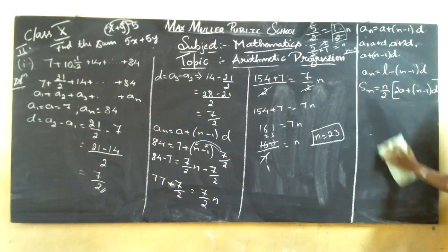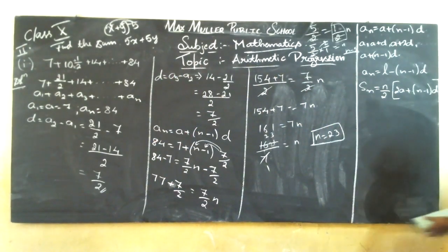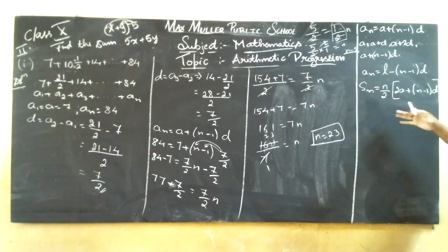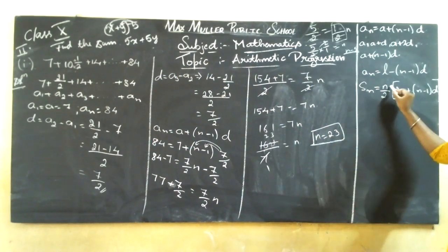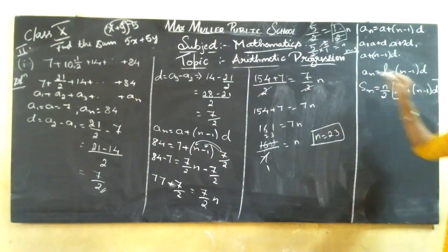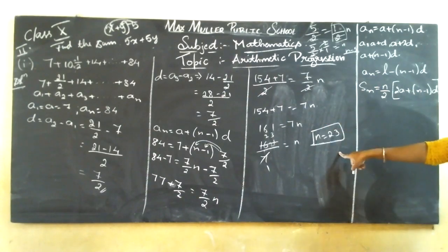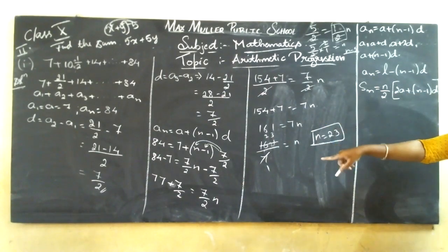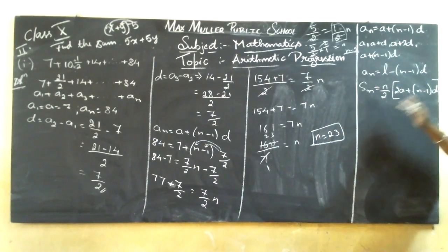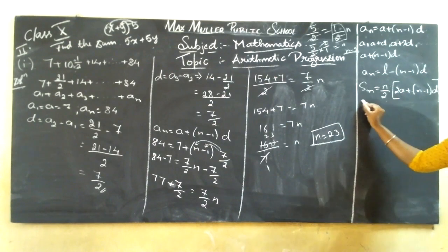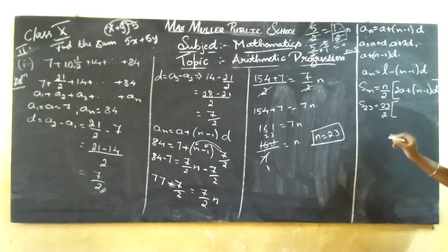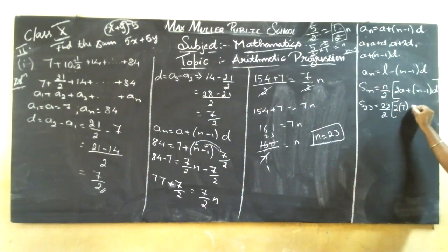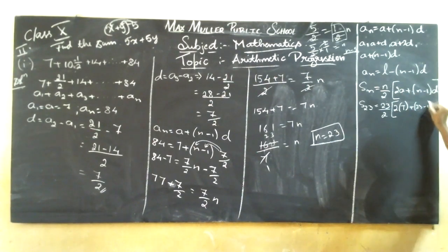Okay. Coming to the Sn formula, what all do you have? Do you require anything or not? Let me take. See. Yes, okay. The n value, I came to know it is 23. And 23 divided by 2. 2 into, you know a? Yes, 7. You know n? Yes, it is 23. You know d? Yes, it is 7 by 2. So you are going to substitute in the formula. That's all. Now, S23 is equal to 23 divided by 2 into 2 into 7 plus 23 minus 1, 7 by 2. Correct?